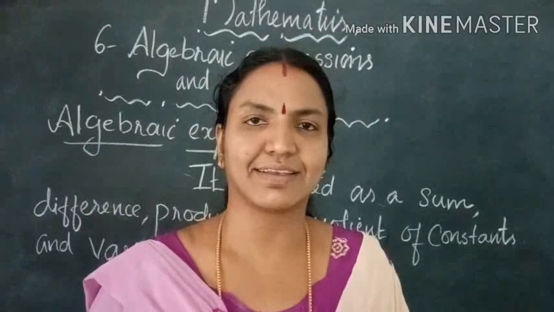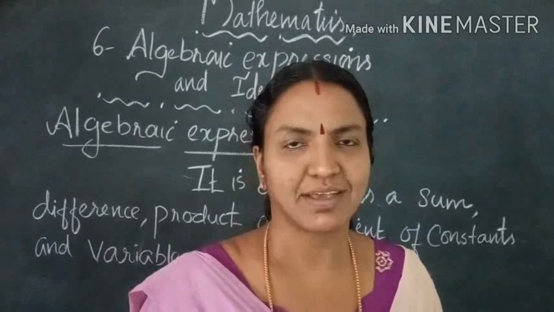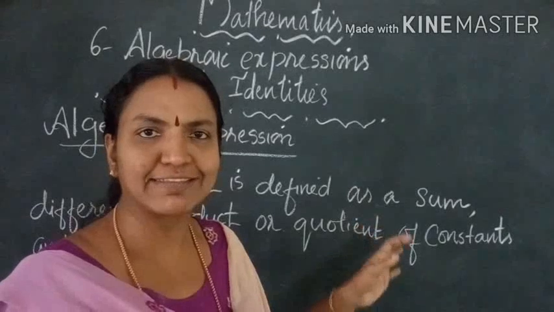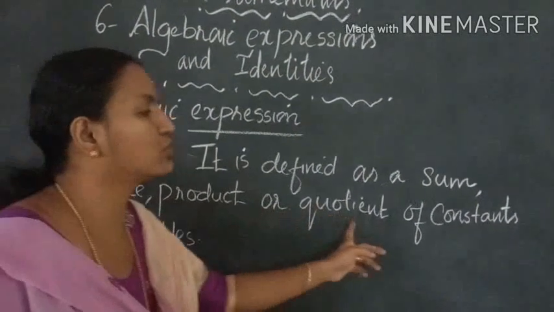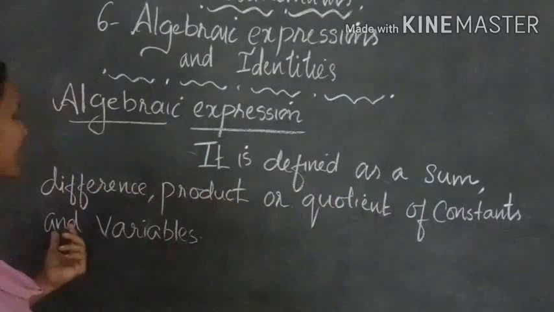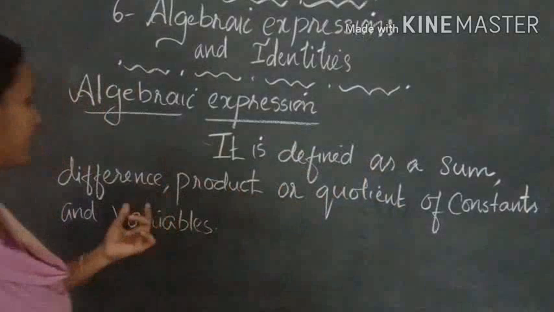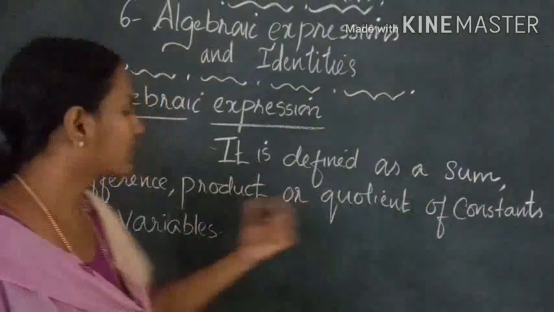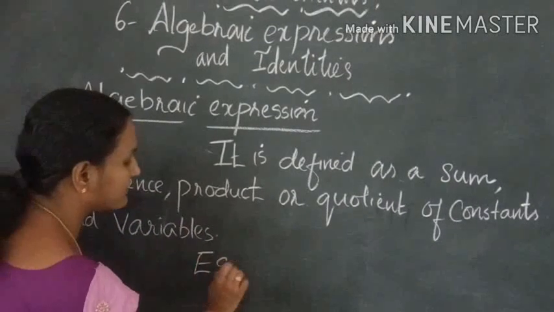In the earlier classes, we have discussed algebraic expressions. An algebraic expression is defined as the sum, difference, product or quotient of constants and variables. For example,